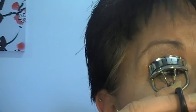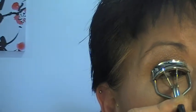So it's about done. Just cleaning up underneath with what's left of my brush that I use to do my under eye concealer. I'm just going to curl my lashes now,